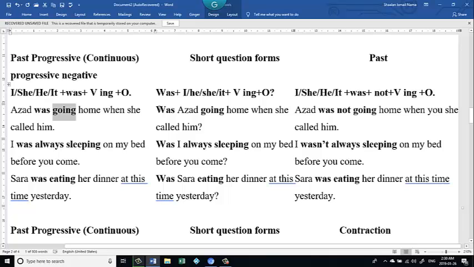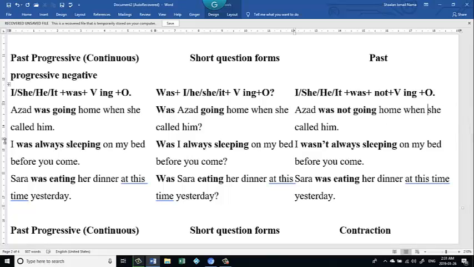Then if we make a question, we take the auxiliary verb, just place it in front of the subject. Then we say, was Azad going home when she called him? Okay, if I make it negative, because I have was, then I'm just going to add not after the auxiliary verb. They're going to say Azad was not going home when she called him. Okay,